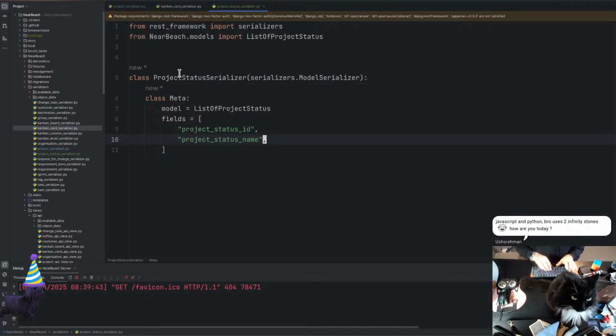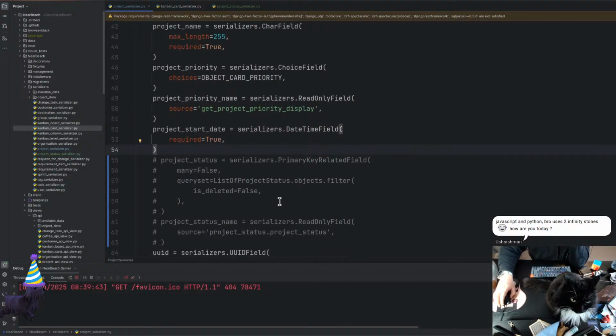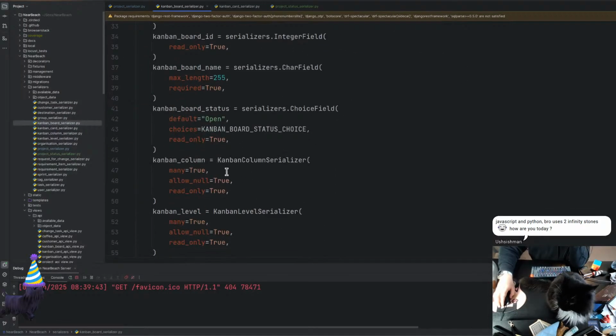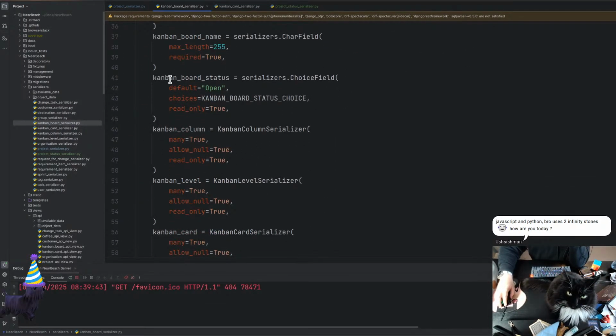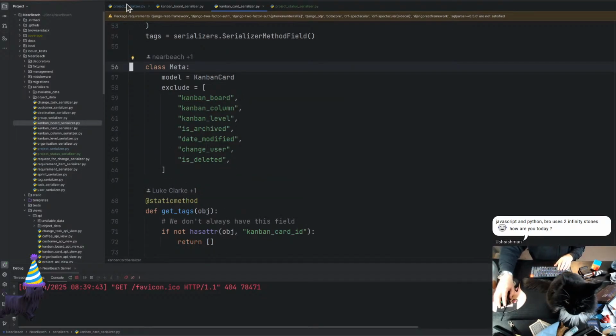Alright, so we should have that all sorted, and then what we need in here is the same thing we needed for the Kanban board. I'm trying to remember how we did it, so I'm just going to look at it. So we're in here, looking at the Kanban. Okay, we've got the Kanban column. We just import it and we just do that. Easy done. Alright, so with the project serializer,